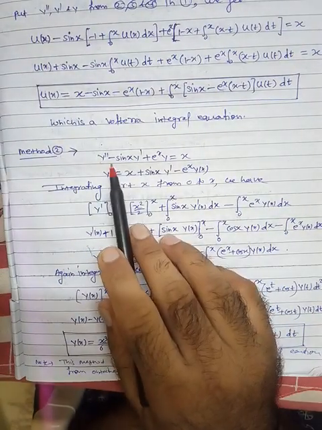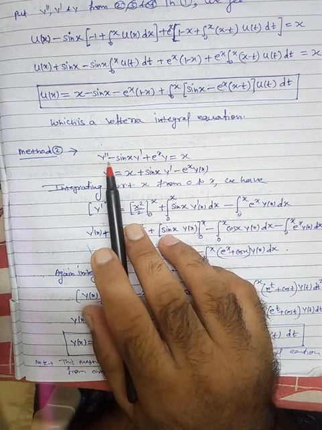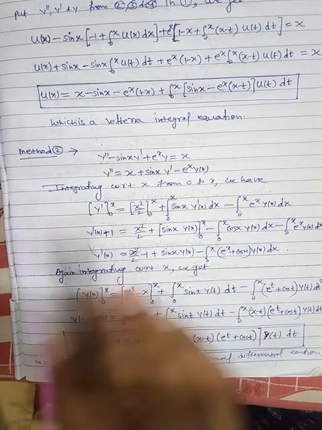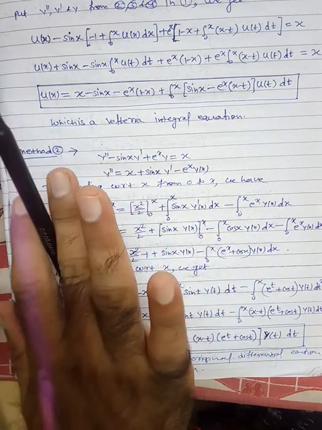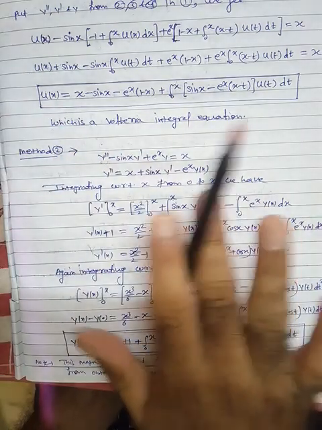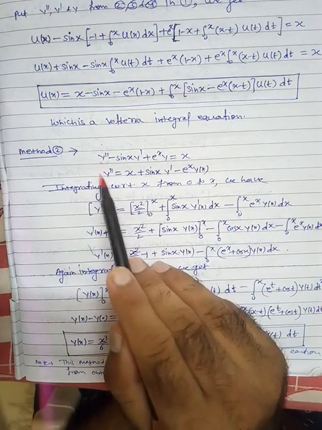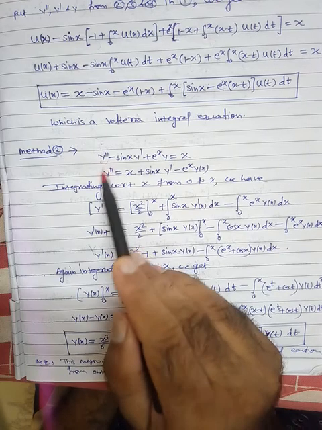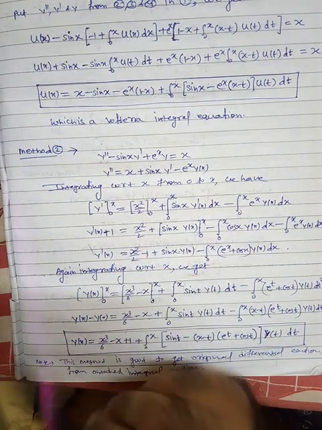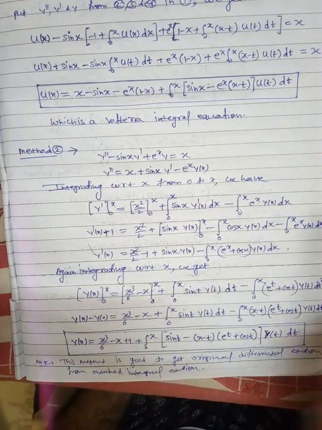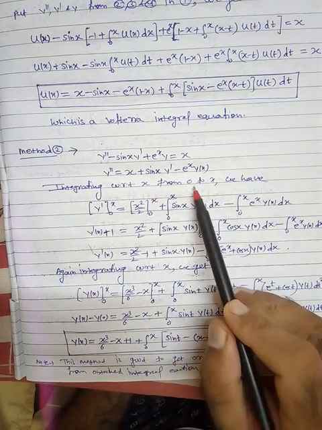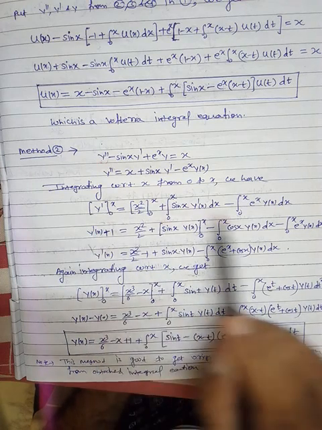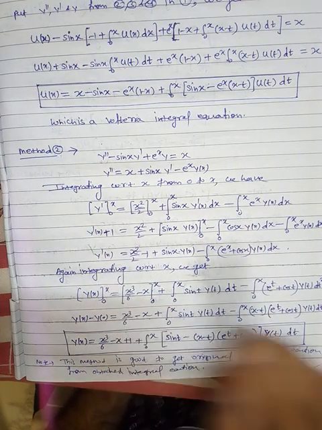In the second method, what we will do? We will take the highest order derivative of y on the left hand side, and the rest of the terms you have to put on the right hand side. So here is the right hand side, and on the left hand side we have the highest order derivative of y. And now again apply the same procedure, just integrating with respect to x from limit 0 to x. So this is the integral. After solving this and substituting the limits, we get this equation.